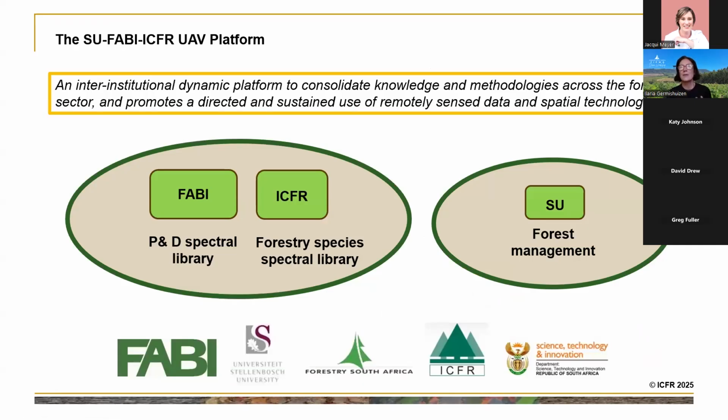So as I said, I'm talking from a direct experience perspective, because about 2.5 years ago, ICFR, FABI, and Stellenbosch universities were given a grant, which we're really grateful for, from FSA and the Department of Science and Innovation, to really start developing a platform in support of the forestry industry in South Africa, to develop and consolidate knowledge and methodologies across the forestry sector to promote the use of spatial technologies and remote sensing data for sustainable forest